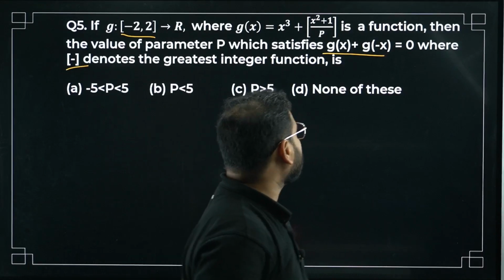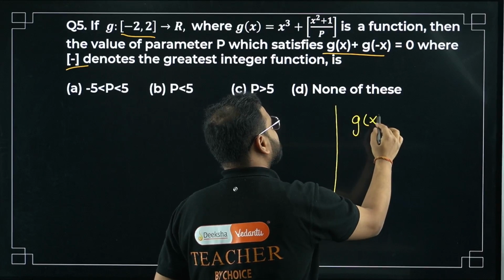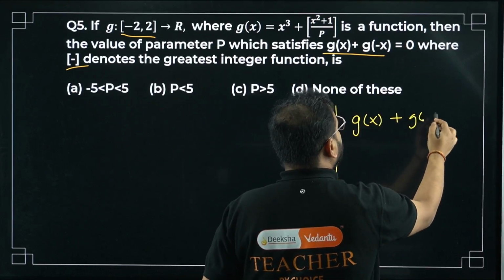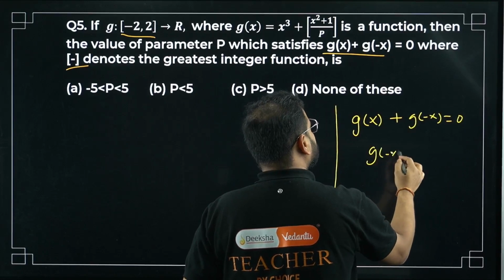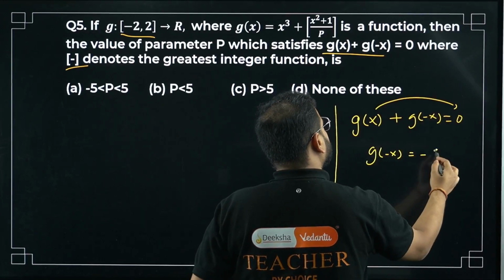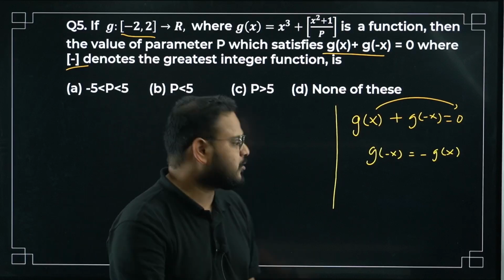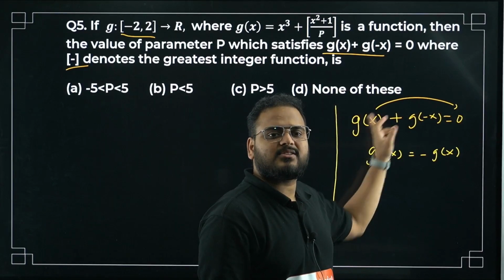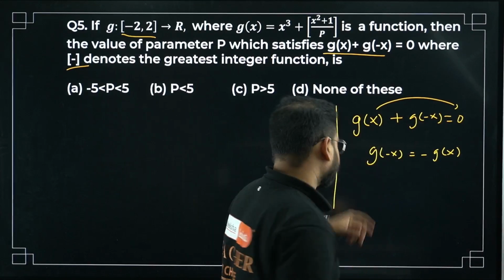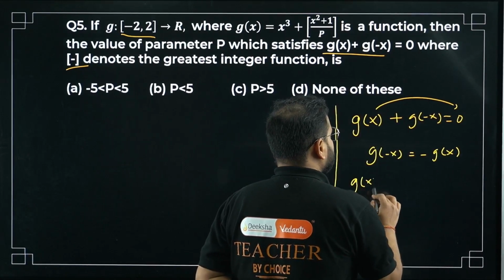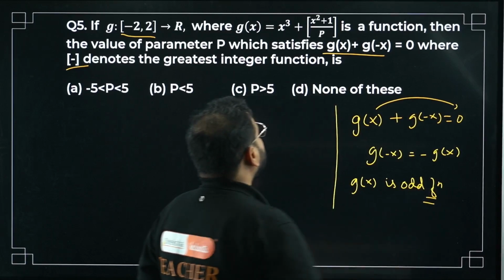It's a very good question. Let's check. Achha, from here what we mean, this part bacha, g of x plus g of minus x equals to 0. What it means bacha? It means g of minus x, bring this on this side, is minus gx. Anything I have to change? Okay, no sir, I've just taken this on the other side. It'll become g of minus x becomes equals to minus gx. Okay, what it means, gx is odd function.